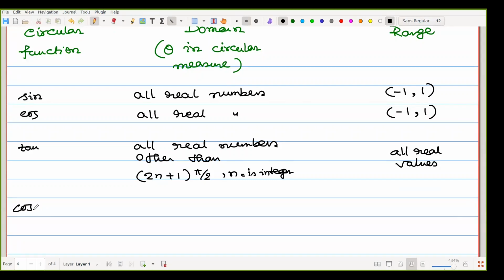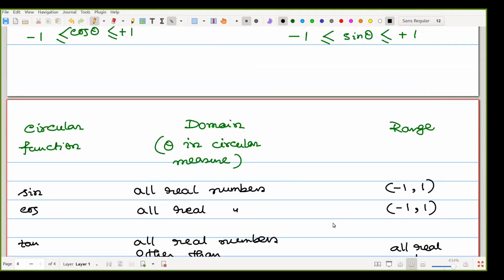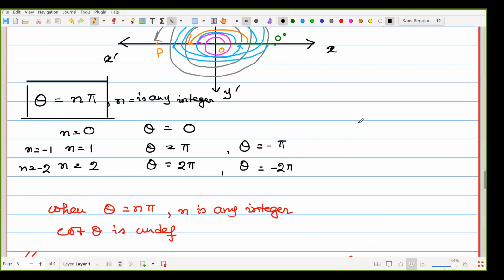Then for cosec, that is also all real numbers other than n pi, n is an integer, gives us all real values except -1 and +1. Why has cosec n pi been given? What is the value of cosec? Cosec means